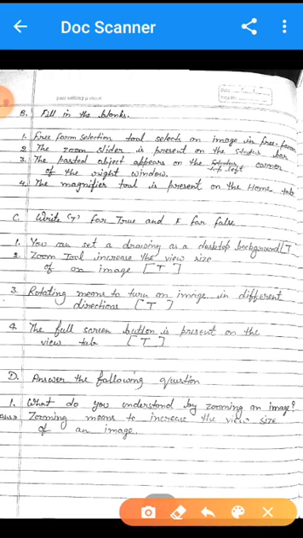The next exercise is fill in the blanks.